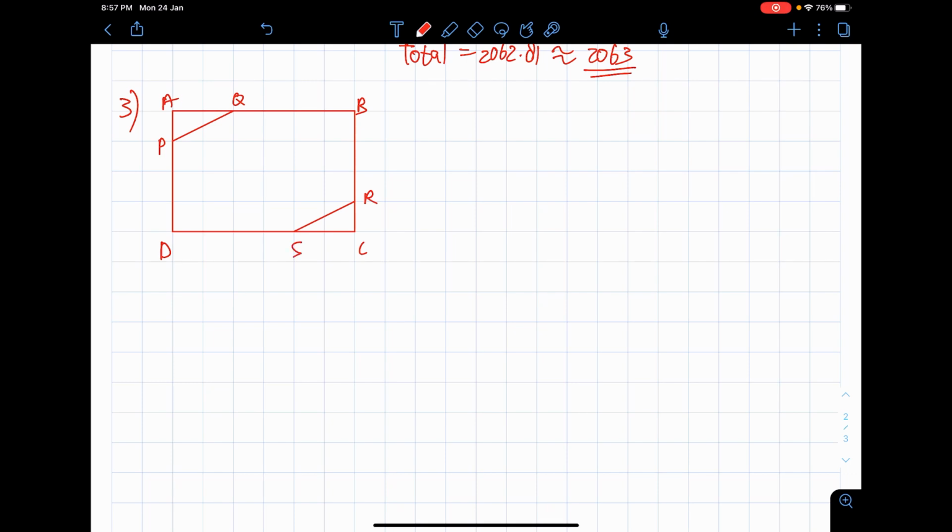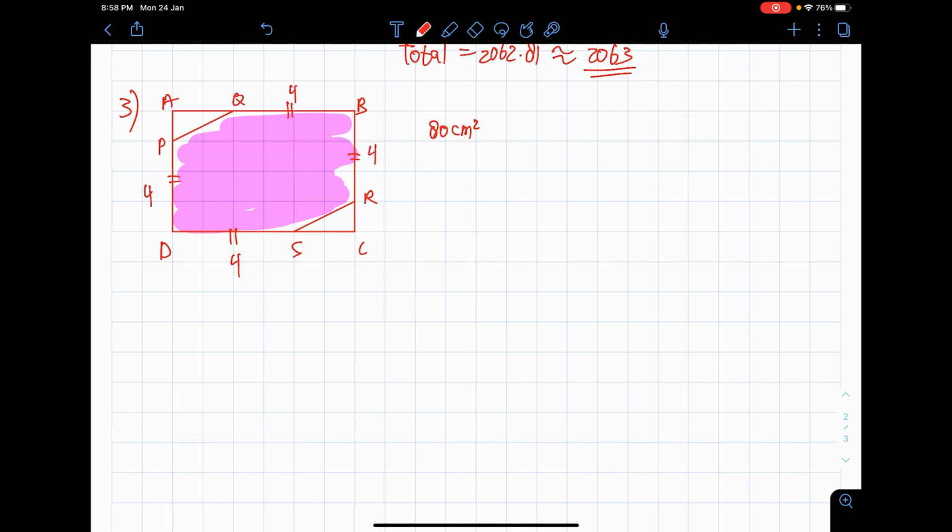Okay, so this is the thing. There is a special area over here in the middle part. The area of the rectangle is 80 cm square, the entire area. There are two triangles that are removed, PAQ and RCS, and the rest of the lengths are equal. So DP equals QB equals BR equals DS, 4 cm. I just need to put 4 over here.